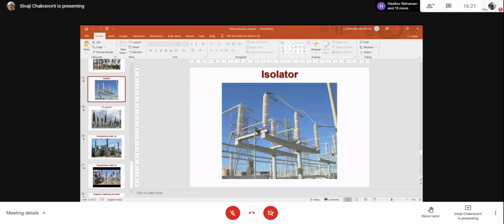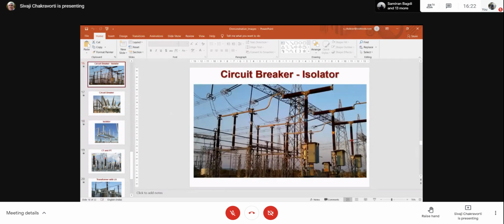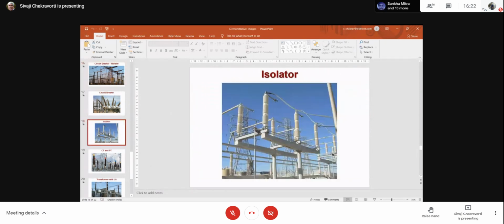This is again an isolator, and I was telling you that there will be two arms. So you can see here two arms. This is the isolator in open position. And when they close, they will rotate by 90 degrees, then they will close. That is exactly what I was trying to tell you in this diagram. See, in the middle they are connected when they close, and now in the middle they are open. They have moved by 90 degrees. These are the isolators, and here you can see again RYB, the three isolator positions.